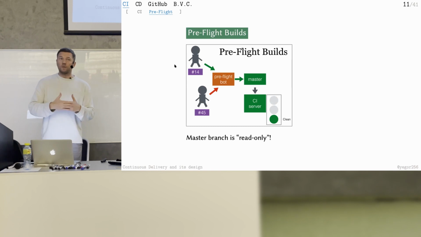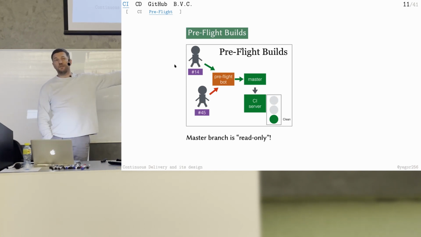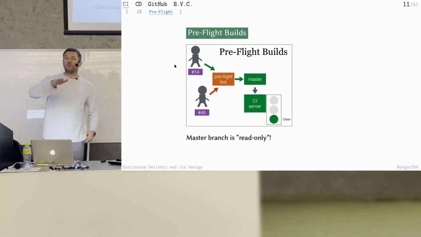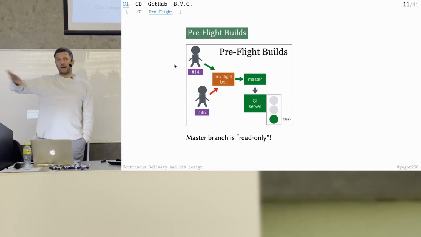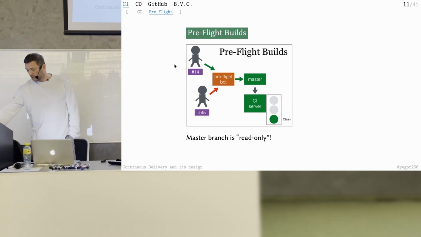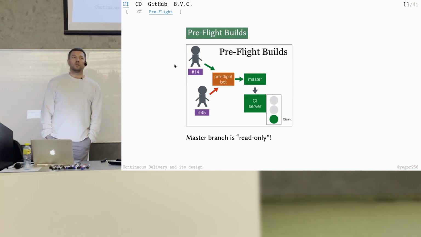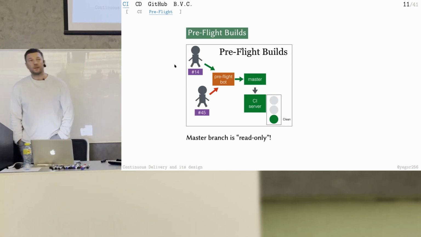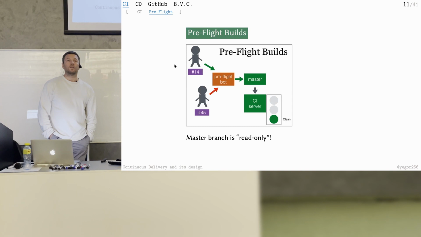Even though the master branch was protected and all changes were coming through this pre-flight bot, it still got red. In this case, okay, I can understand it may happen once every 3 months, then we all stop and we fix the master branch. They call it pre-flight because before it flies to production, to the master branch, we check it before the flight. Without this pre-flight bot, I don't think it is possible to have anything that looks like continuous integration. And this pre-flight bot is something automated.